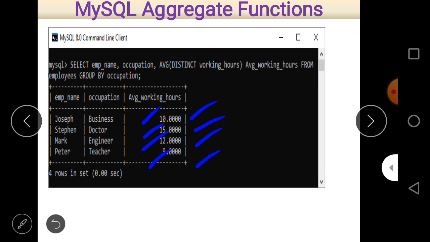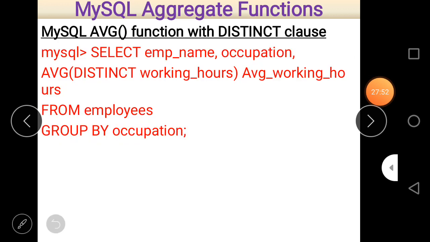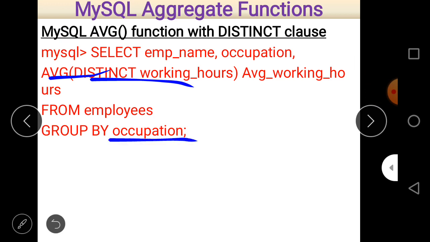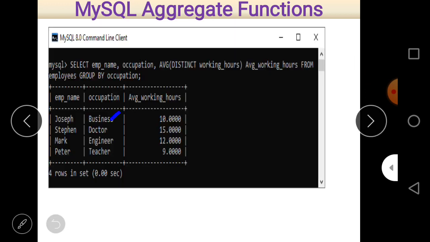Similarly, the average of 15 is 15 itself, and 12 is 12 itself. So these are the average values that appear here, because you take the average of distinct working hours, and group by is done on the basis of occupation. So different occupations appear here: business, doctor, engineer, teacher.